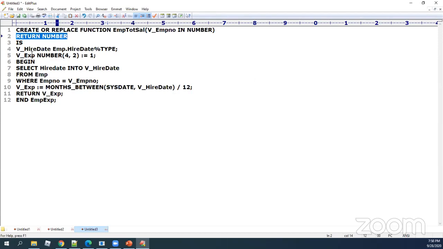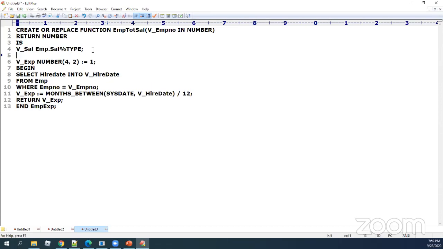Then for capturing the total salary, we need one column that is the salary column. v_sal emp.sal%type, and total salary is associated with the commission. So I'm declaring one more variable. I'm saying v_comm emp.comm%type.